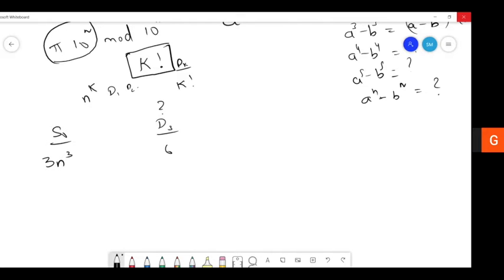Okay. Fine. So this is what Jagdish sir was saying. He was using this property, given an arbitrary sequence, to find its formula, if you know that it is a polynomial sequence. Oh, okay. Yeah. Got it.